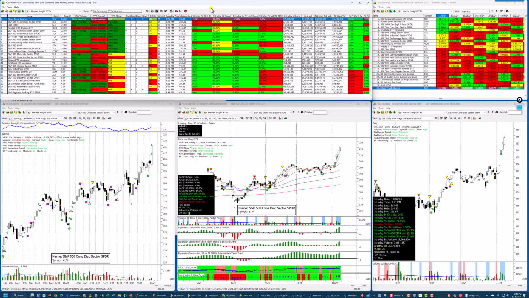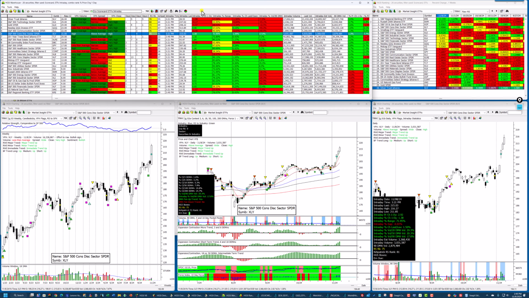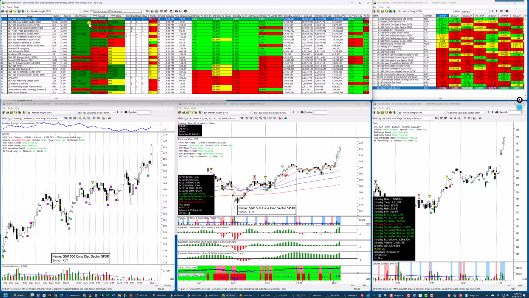I've got this on manual updating, and then I will re-engage the combo ranking. So by doing this, I can see what the market is doing anytime intraday. And as of now, with about 15 minutes left in the market day, I can see the utilities are up